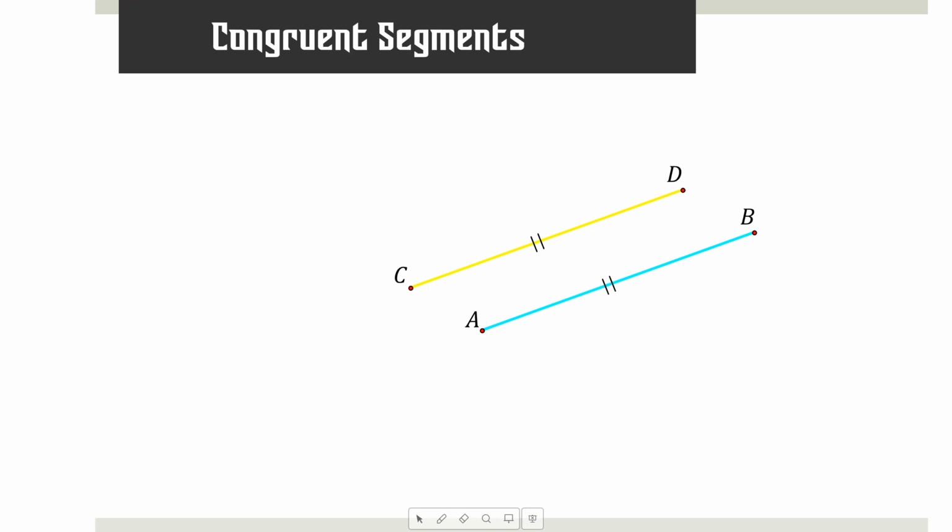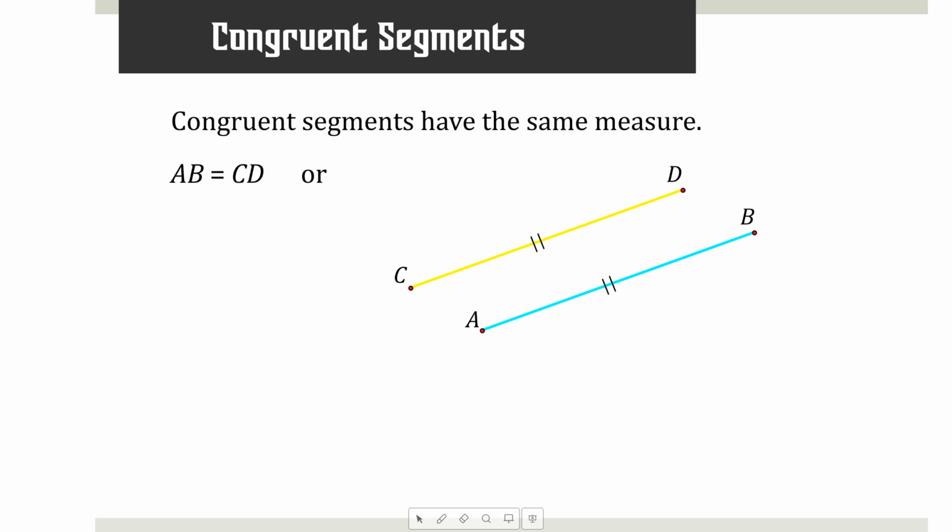Okay. So I have these 2 segments, CD and AB, and I want to denote in the picture that they're congruent, so I put what's called tick marks on them. Those are the 2 little dashes on there. If you look at a big complicated picture, segments with the same markings on them will be congruent. So if I had other segments I wanted to show congruent, I would maybe use 1 tick mark, or draw a smiley face, or whatever. Smiley faces match smiley faces. 2 tick marks match 2 tick marks.